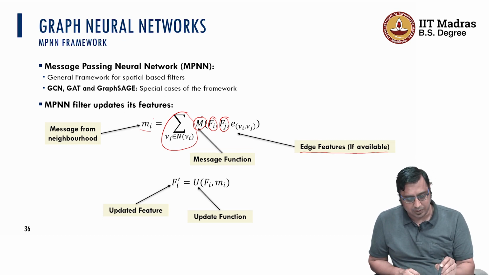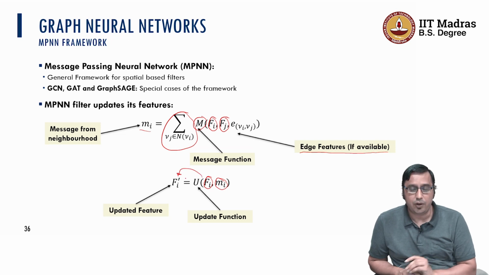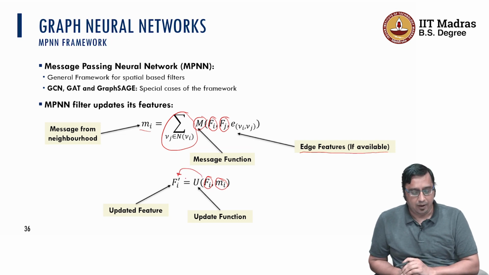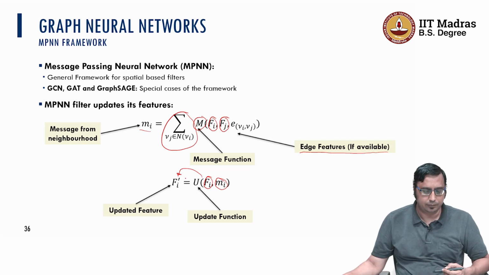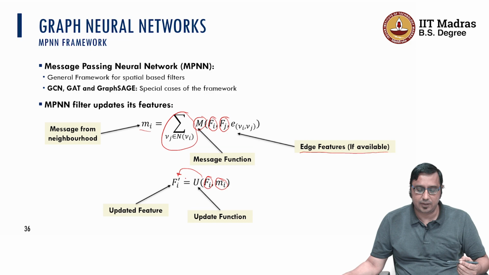Now this message, which is received from different neighbors of node vi and summarized as Mi, will be used along with the feature fi, and the update function will take this as input and generate the updated feature for node vi as fi dash. This allows us to include edge features seamlessly without any